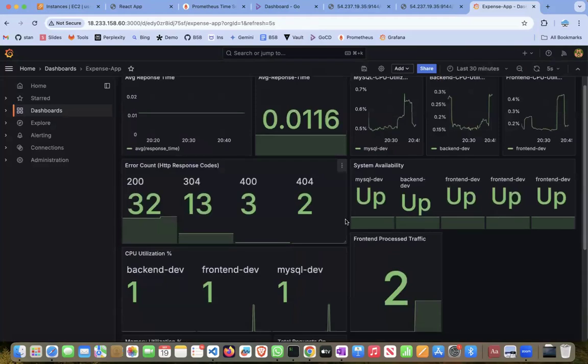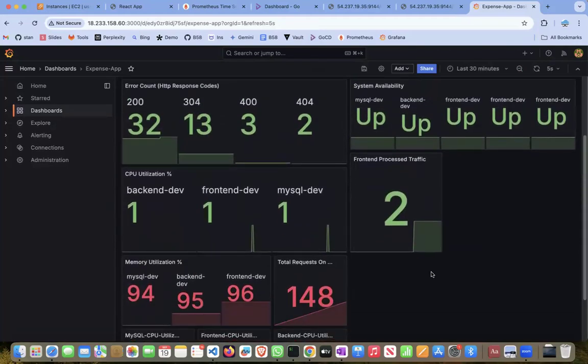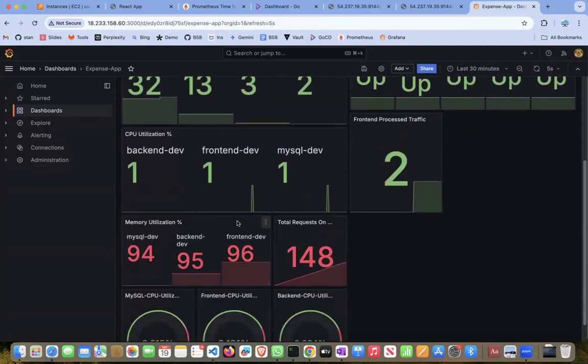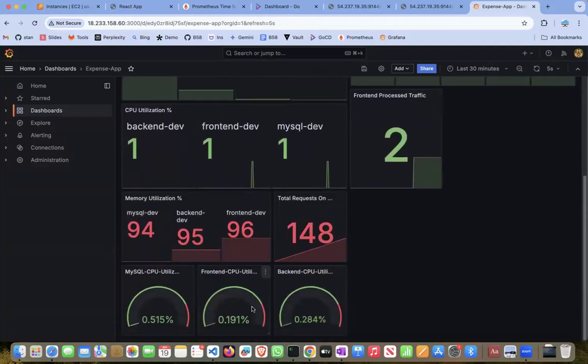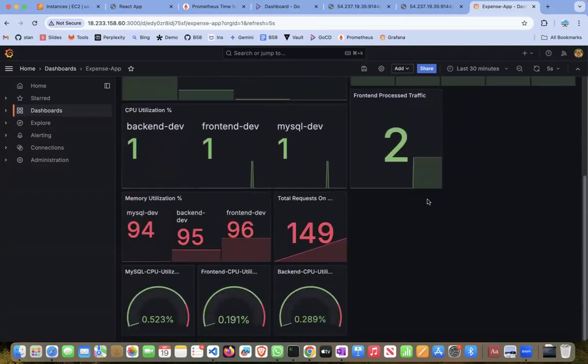Done. Okay, so average response time is also taken. CPU utilization, memory utilization, what is the CPU utilization percentage, all these things you have, CPU memory utilization. And along with that,